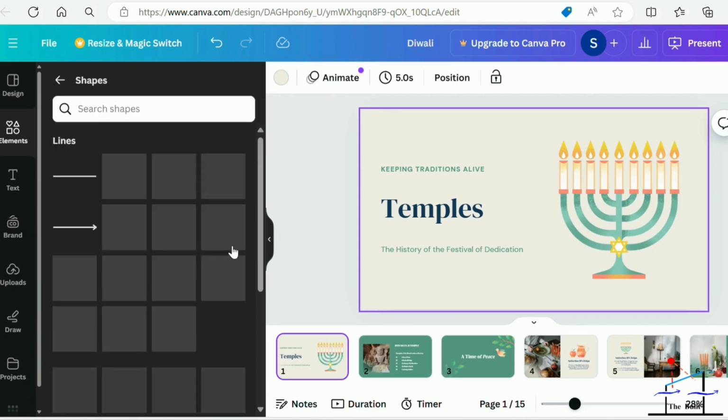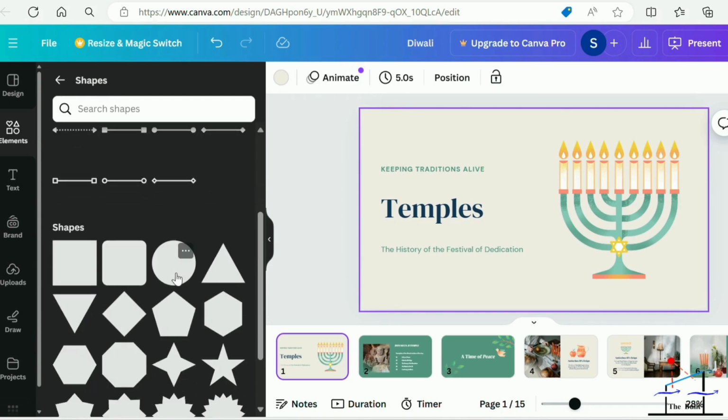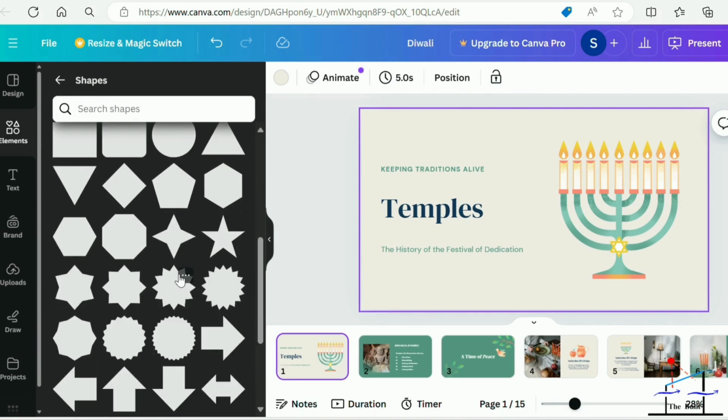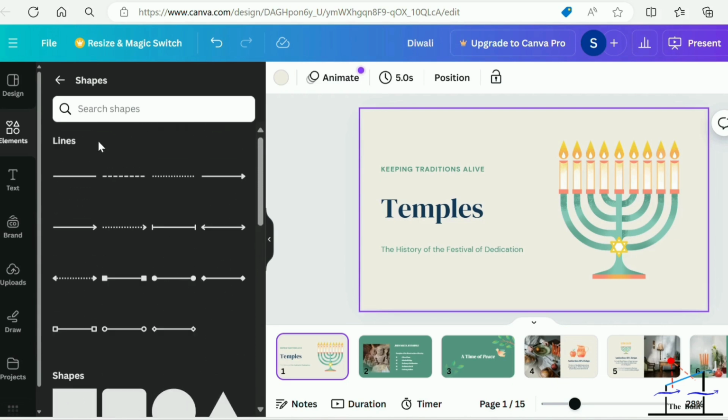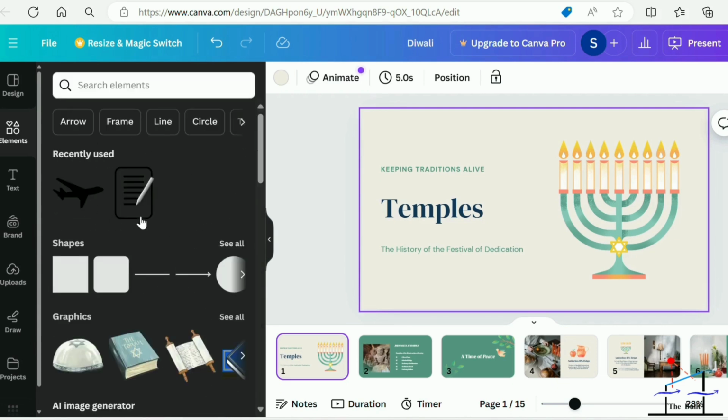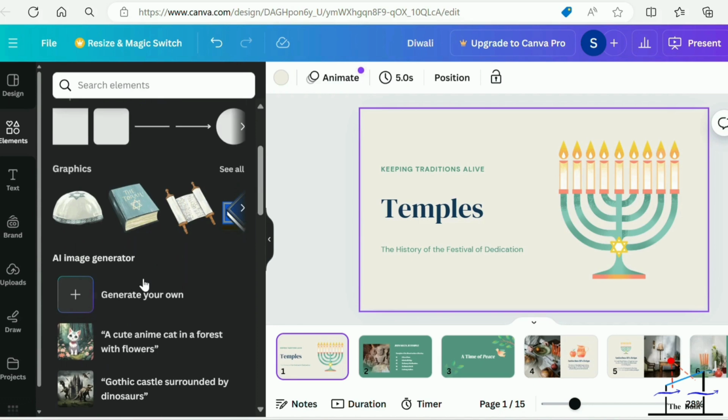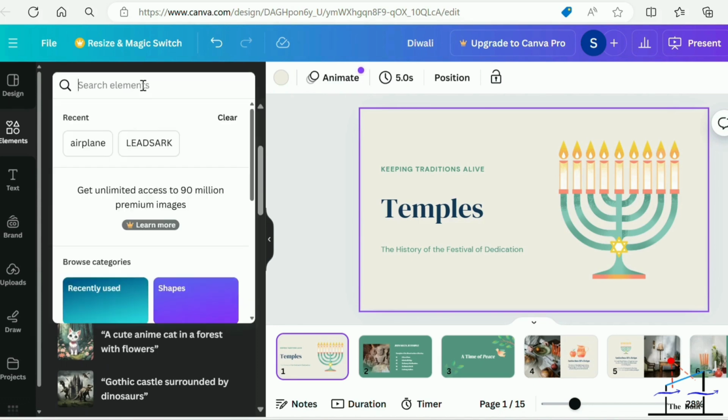Here you can see the plane that I have used recently, and you can see so many options of shapes here. You can use the lines, you can use arrows. Even in arrows, it's not just a simple line of arrow. You can see graphic generated ones